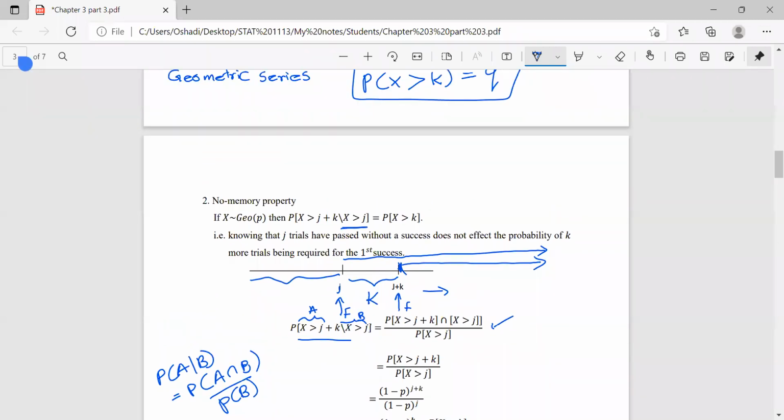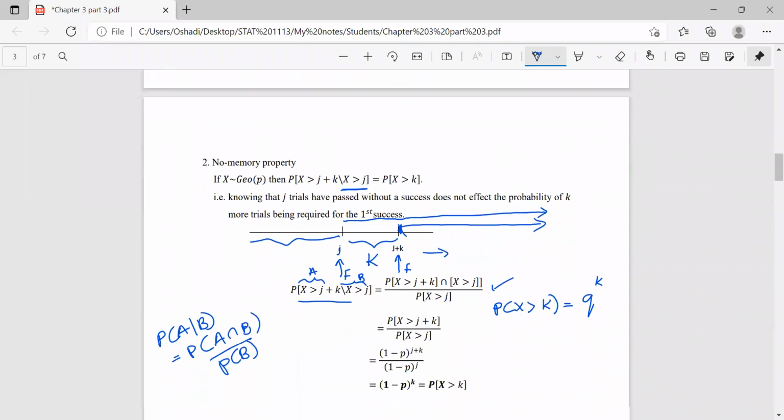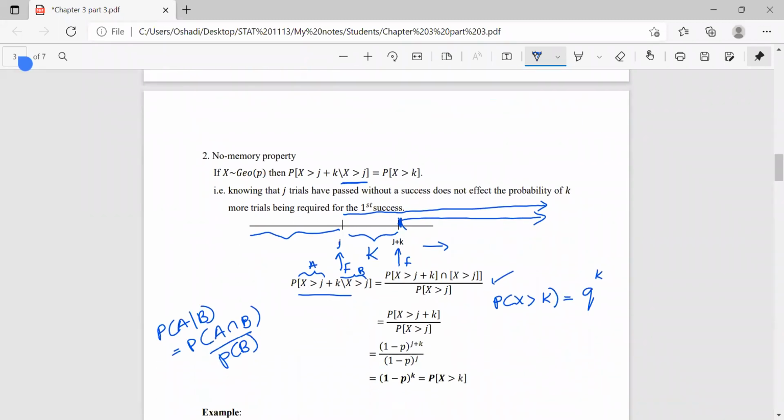The first result gives us probability x greater than k equals q to the power k. Using that result, we can write this expression. We apply that result to these probability values. Then q is the same as 1 minus p. So (1 minus p) to the power j plus k over (1 minus p) to the power